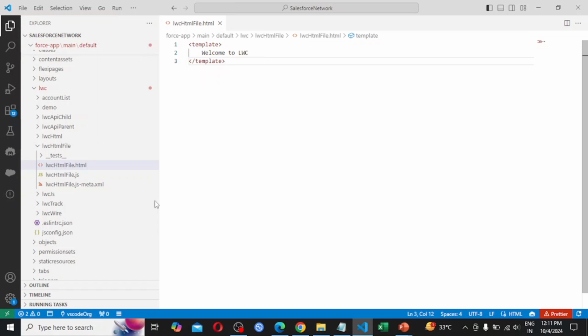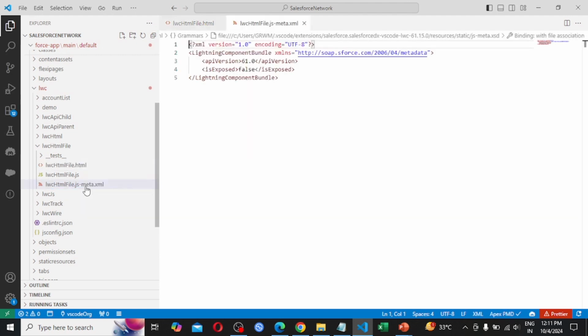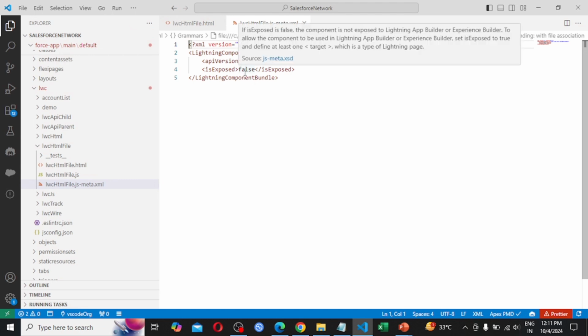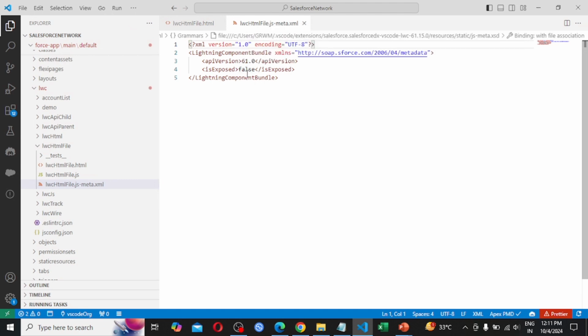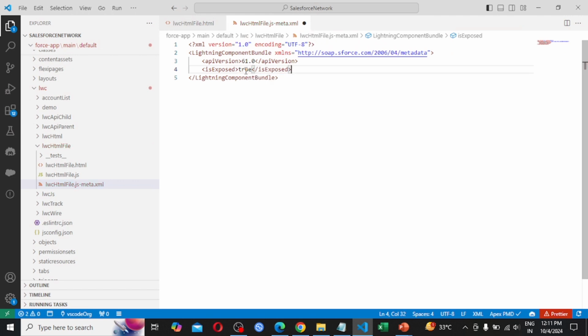For this we have to refer to the lwcHtmlFile dot js hyphen meta dot xml file, double click, and here we have to make isExposed true, and also we have to provide the targets.